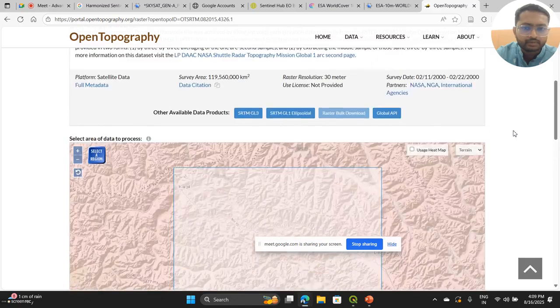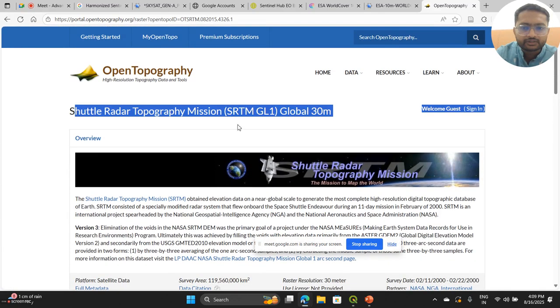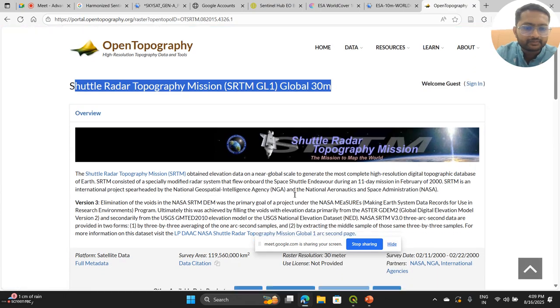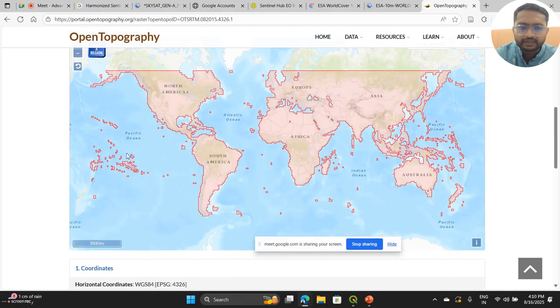I think you might have clicked somewhere else. You might check whether it's showing SRTM 30-meter only or not. But I think data is available for the entire world. It's not that it is not available. So here, wherever this red color is there, data is available. Whatever the area within this line of red color, data is available. If you don't get it,